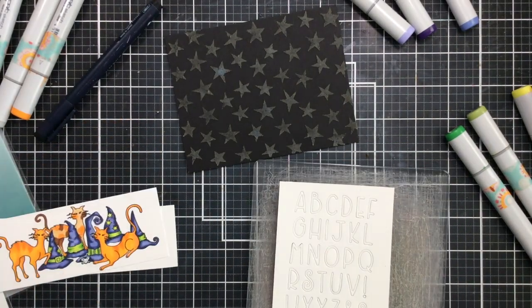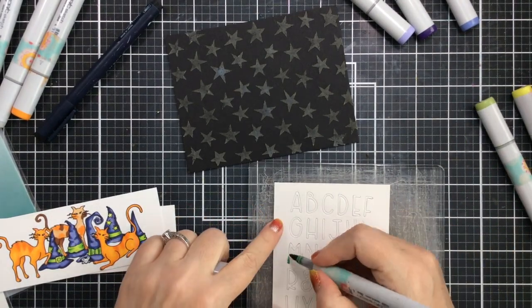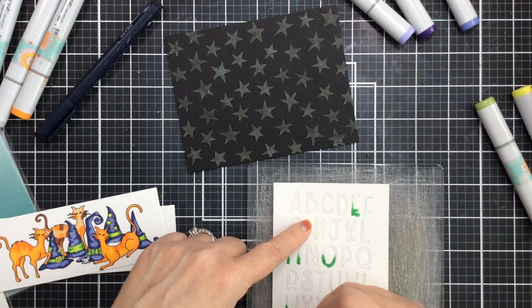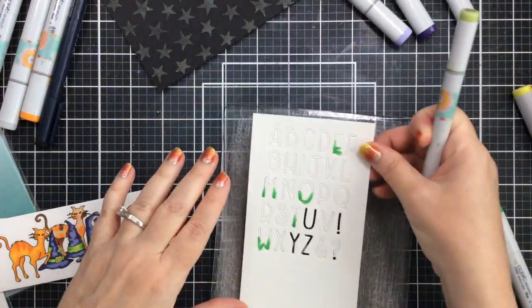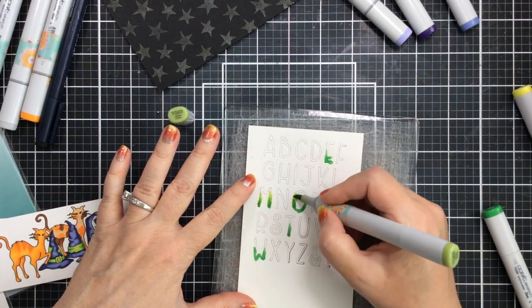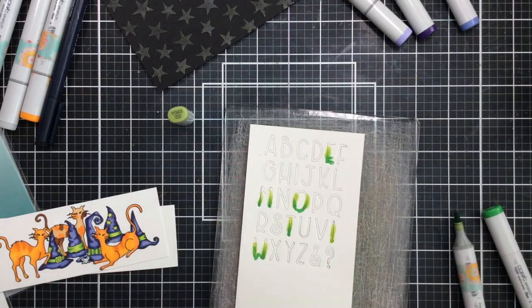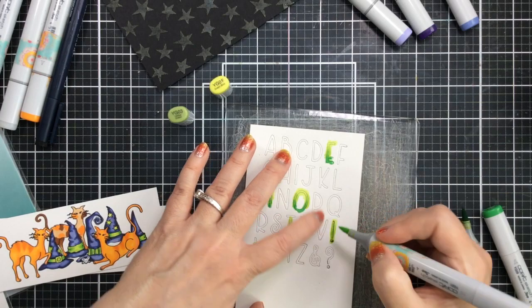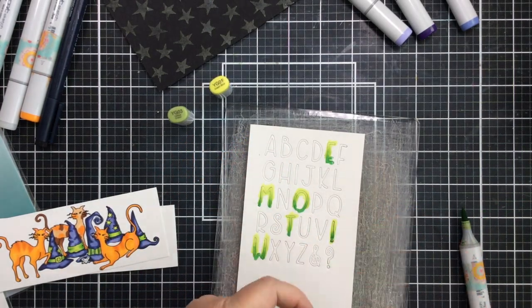So I cut this out into a strip. You can see that right there, just a panel. And then I also cut out the alphabet that comes in the brand new Punny Farm frame die. I love that the frame dies from Miss Ink also have alphabets included, so you can create a sentiment, whatever you want. And I'm going to use the same greens that I used on the witches' hats to color